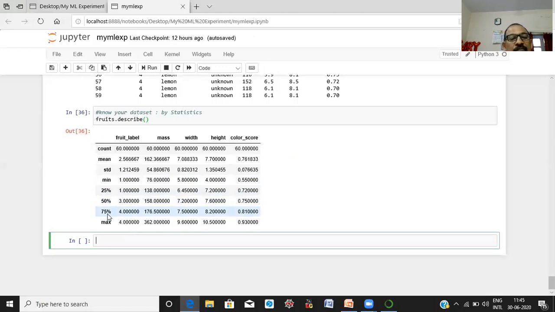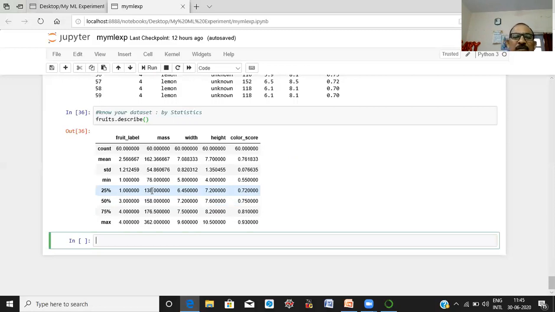Okay. You know the meaning of percentile. Here you can see the 25th percentile of mass is 138. What does it mean? This mass weight of 138 divides the entire set into two subsets.